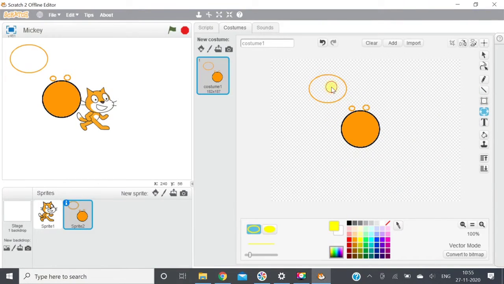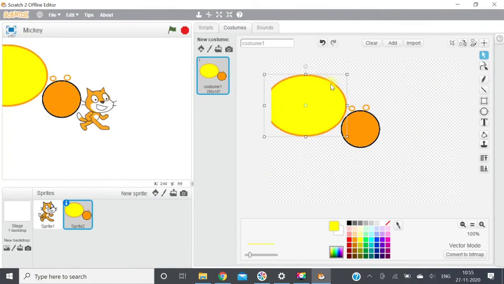Let's fill it with any color. This is to select. See, when you increase the size, it will be same. It will not look like distorted.